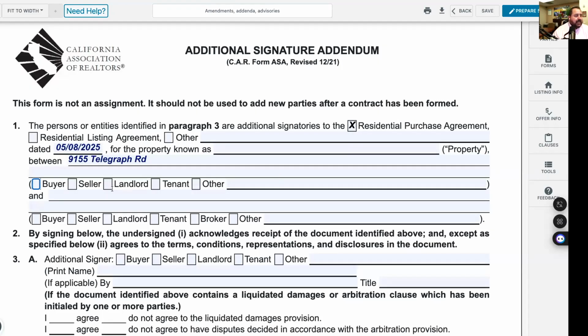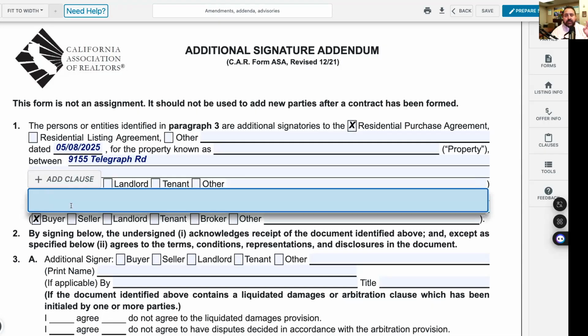This is seller. If you have the seller's name, put them in, and buyer. And the only buyers' names that are going to go in here are the additional signers. So if I have 4 signers, not all 4 names are going to go there. In this case, the only ones that are going to go are Jane Smith and John Smith,